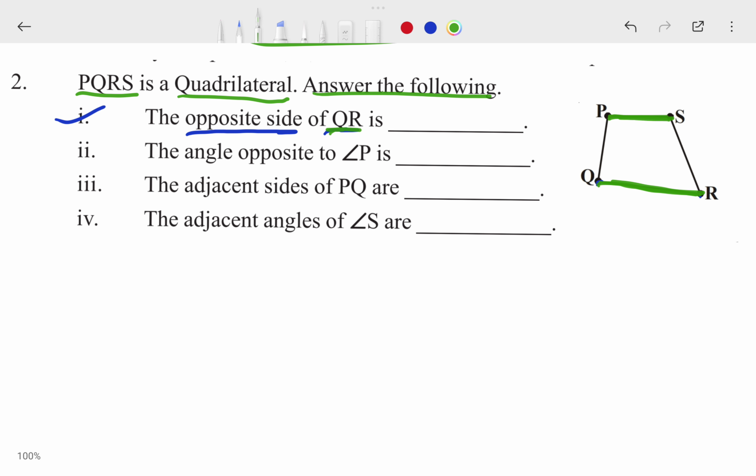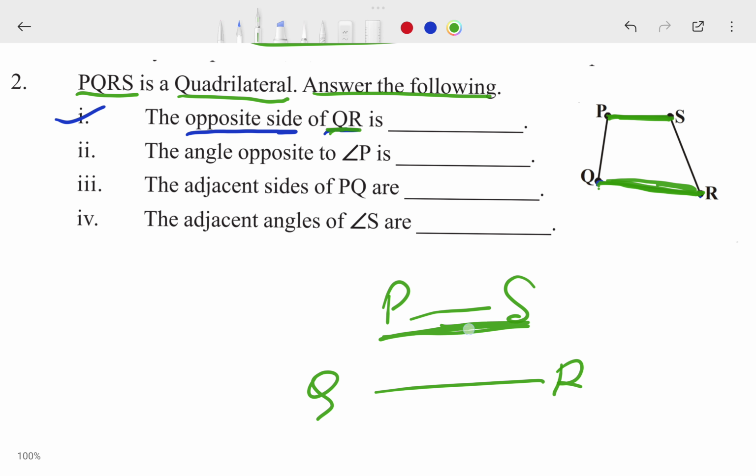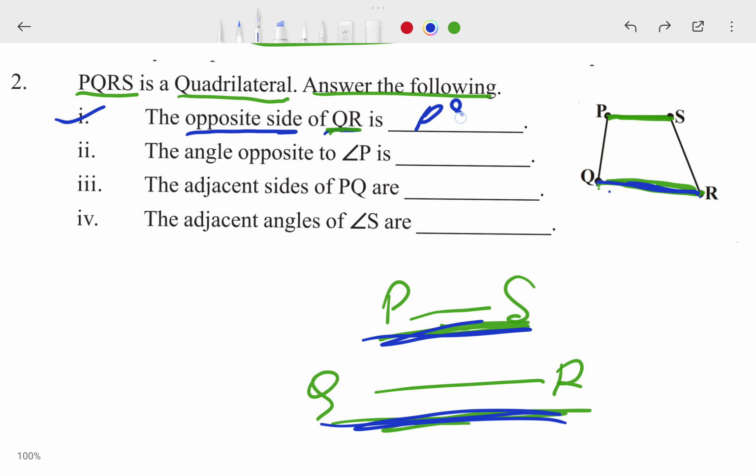If you see P and S, and I ask you what is the opposite side of P and S, QR is the opposite of PS. Also, QR is the opposite of PS. Do you understand? This is P and this is S, this is Q and this is R. What is the opposite of P and S? QR is the opposite. If I ask you what is the opposite of Q and R, you will say PS. So QR is opposite to PS, and you can write it like that. You can just write P and S. This is not looking like S. So PS is a